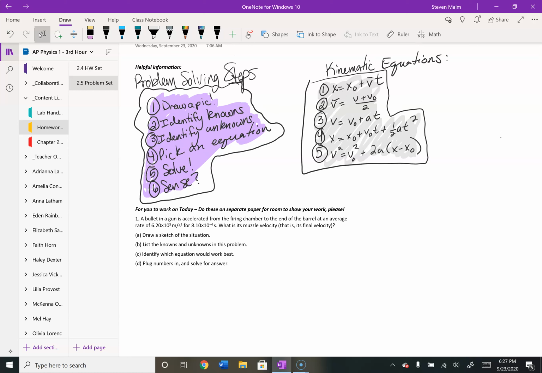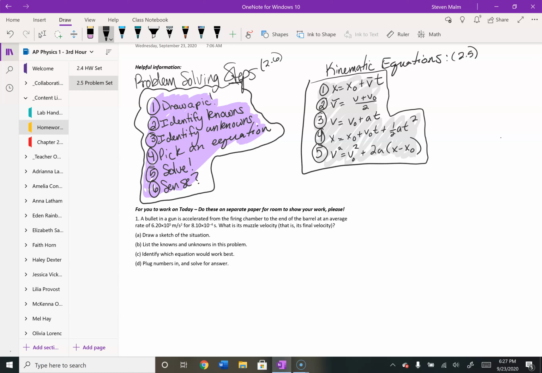And just to remind everybody, we have the problem solving steps on the left. Remember that this was all from 2.6 in the reading, and then we have the kinematic equations, which is all covered in section 2.5. And I'm doing this where I created the problem set. So if you ever want to go back and look at these specific problem answers, which I will go through and set them all up,